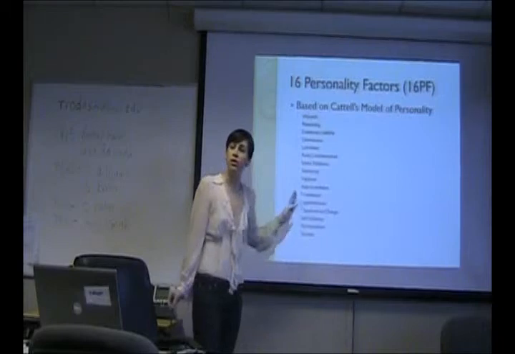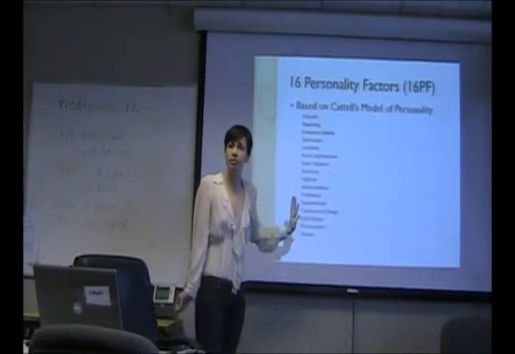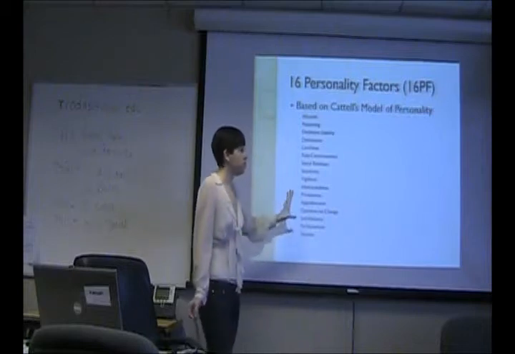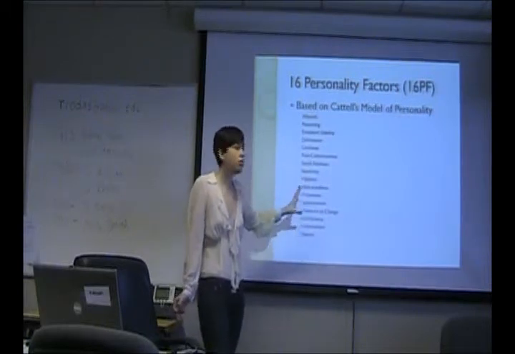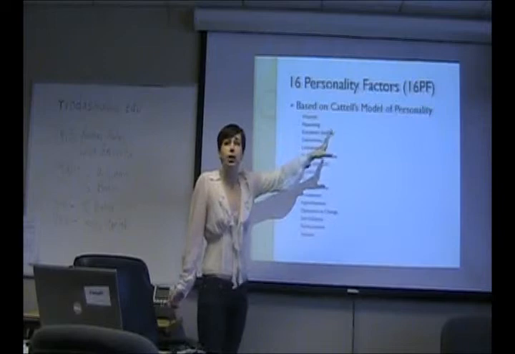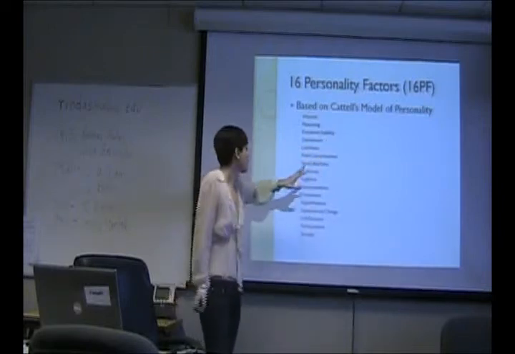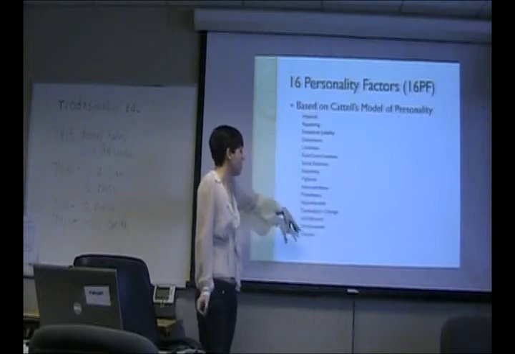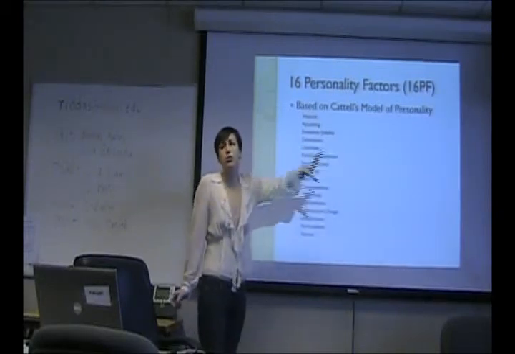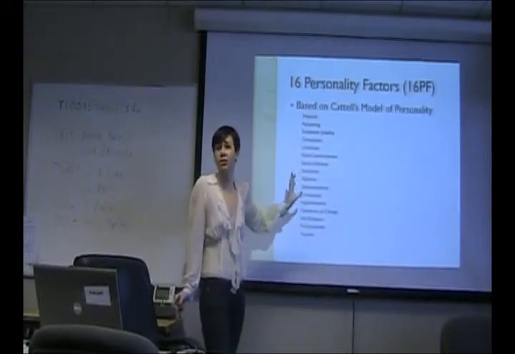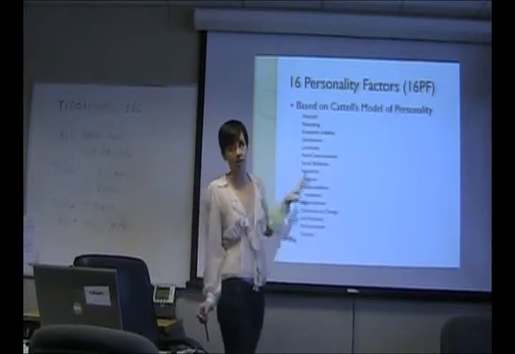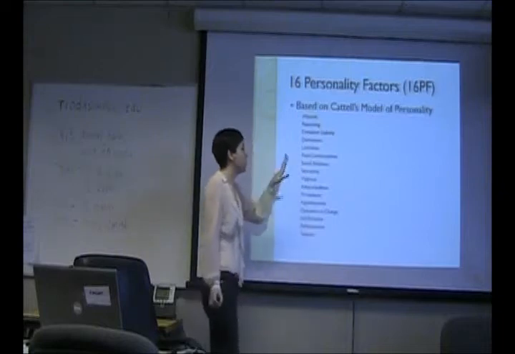I don't think that you need to know them for the comprehensive exam. And if you want to know them in more detail, you can Google 16 PF and Wikipedia, and you'll get the chart with these factors and what a low score and a high score measures on each one. If you want to go that in depth, I do not think you need to go that in depth. But just so they're here,